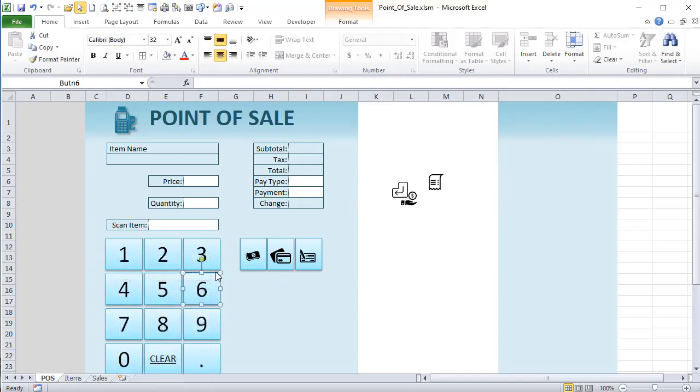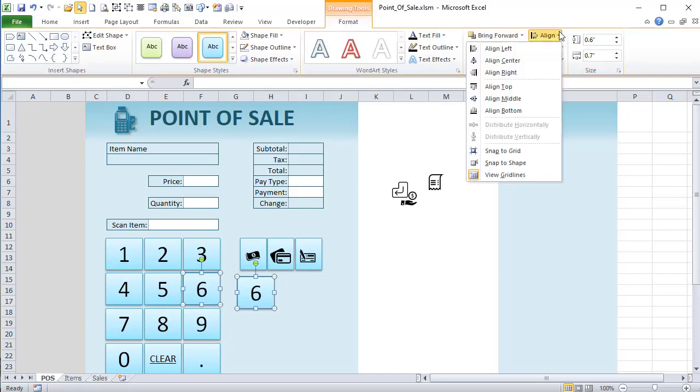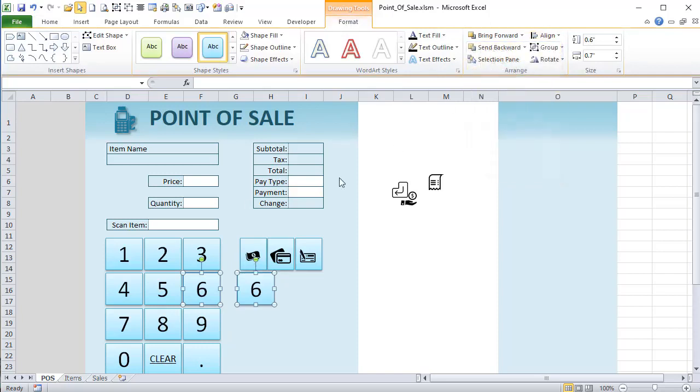So let's also duplicate this one. I want a payment button. And that payment button is going to be larger, but I want the same height as this. So let's align the top. This is how you create buttons really quickly and easily. Okay, and what do we want to give the name? I want to call this payment, but we're going to have to reduce the font. So payment,